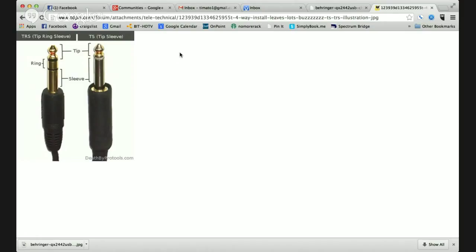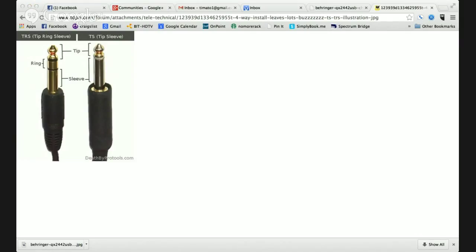Now the importance of this is that if you plug a TRS cable into, let's say your soundboard has a 1/4 inch insert, and you plug it in expecting to get stereo sound out of that thing, well, the receptacle you're plugging it into may not be TRS. It may be TS. And so I have found that sometimes you'll have to take a TRS cable and pull it out a little bit so that you get sound out of it. I'm not sure if that's necessarily what you're describing, but